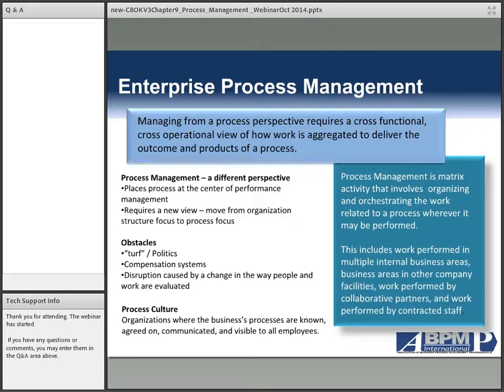The obstacles, well, we've talked a little bit about turf issues and politics. In addition to that, we can have a big impact on compensation systems as we start to make these moves, because compensation systems are always tied to performance and performance management, performance measurement. So as we start to look at layering on a different type of performance, we still have all the performance issues that we're going to have within the business unit, but we now have a whole new set of them. And which is subordinate, what's more important than the others? There are a lot of issues from a compensation standpoint that need to be put in place.